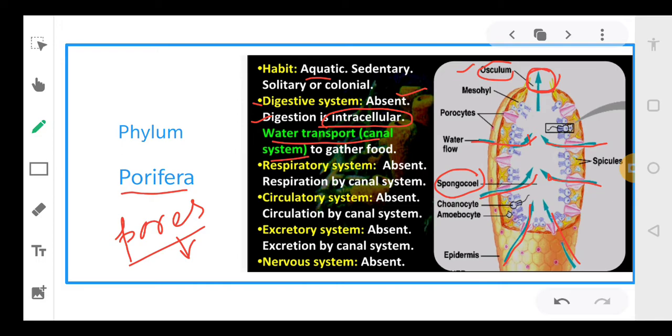In these organisms, special types of cells are present. These are called choanocytes. Just look into the picture. They contain special cells, which are choanocytes. Just look at these cells. What are these cells? These are called choanocyte cells or collar cells. Okay, they are present